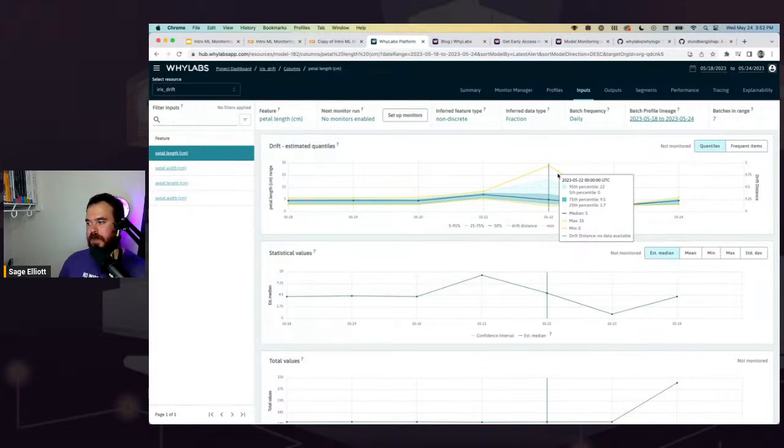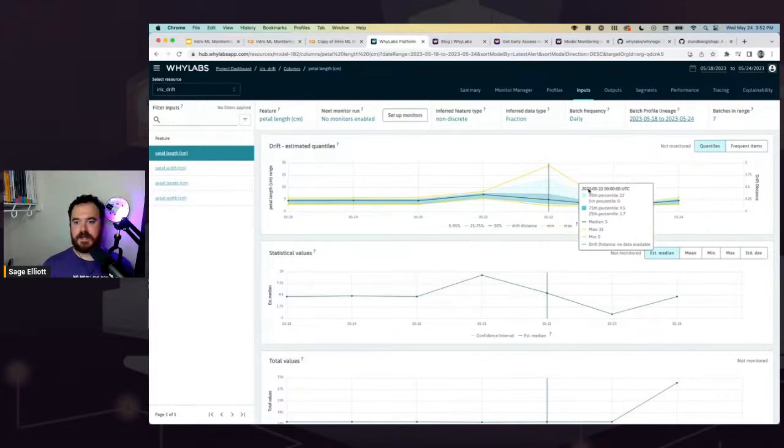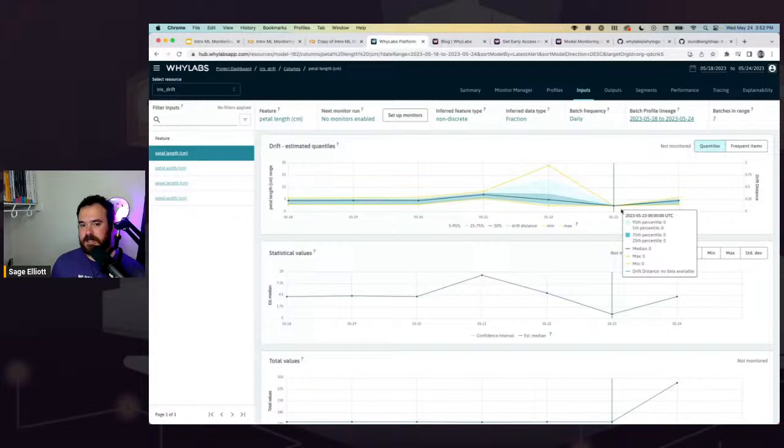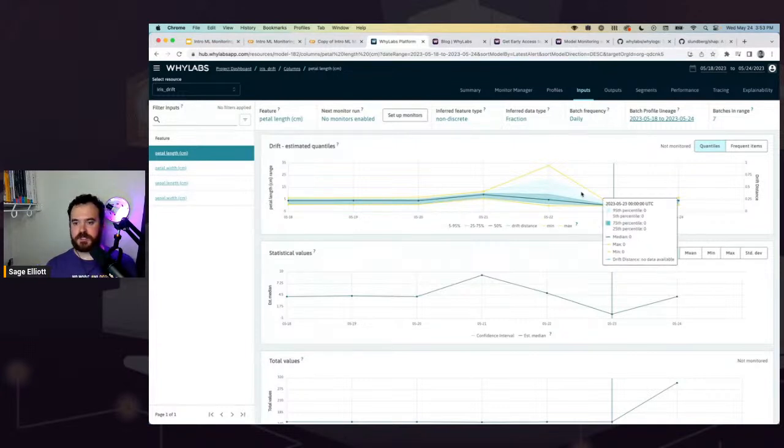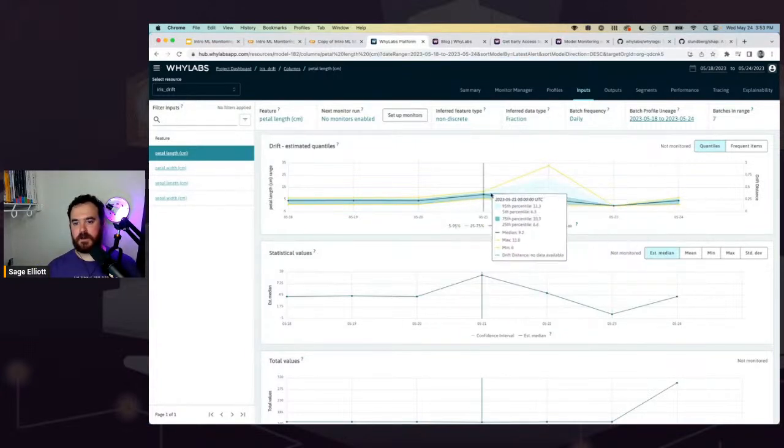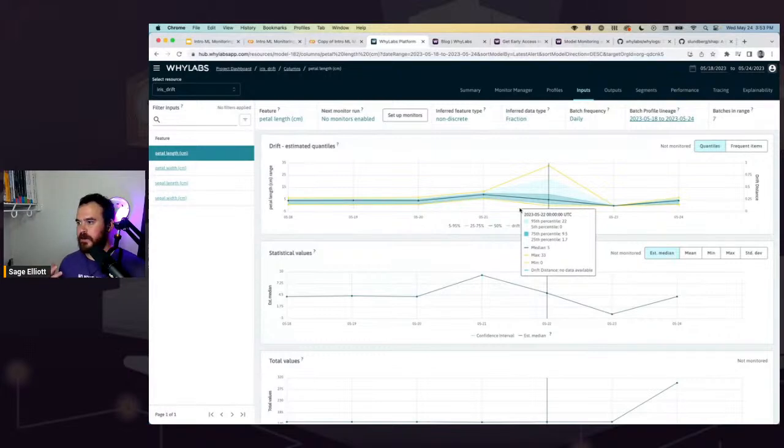So someone said, are there some outliers in the data set? That's what we're thinking, right? And this is cool that we can visually start inspecting our data this way. But what would be even cooler is if we didn't have to come manually look here, and we could just set up anomaly detection alerts. So if a big change like this did happen, we're automatically alerted to it.